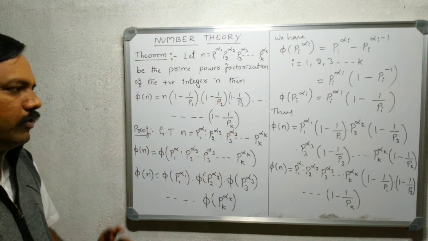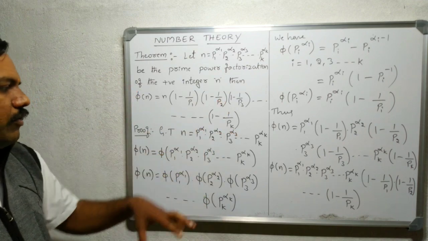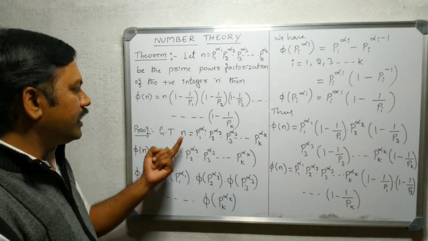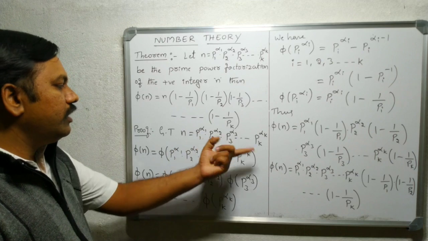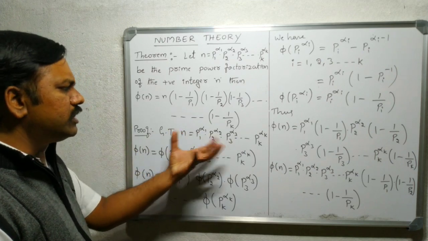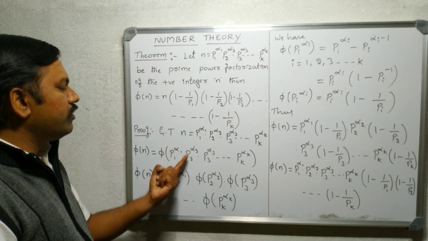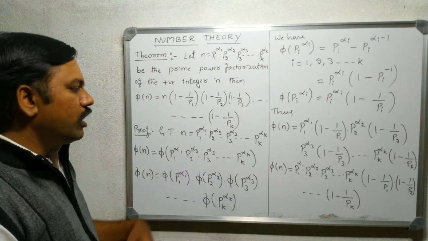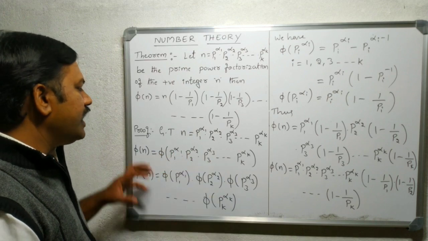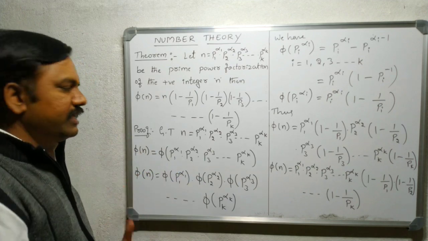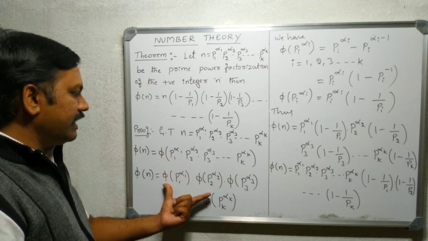ಅರ್ಥ ಆಯ್ತಾ ಇದು theorem? ನೋಡಿ ಒಂದ್ಸತಿ ನಾನು ಬ್ರೀಫ್ ಆಗಿ ಹೇಳ್ತಾ ಹೋಗ್ತೀನಿ, ಅರ್ಥ ಮಾಡ್ಕೊಳ್ಳಿ. First by data n is equal to p1 to the power of alpha 1 even ಕೊಟ್ಟಿದ್ದಾರೆ. Using this phi of n can be written as like this, phi of p1 to the power of alpha 1 into p2 to the power of alpha 2 so on pk to the power of alpha k. If phi is a multiplicative function on the basis of previous theorem, this can be written as like this.